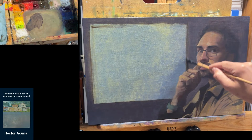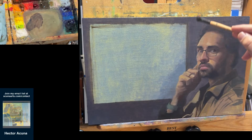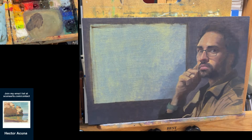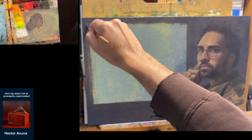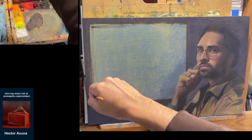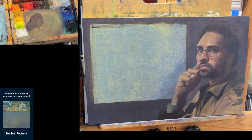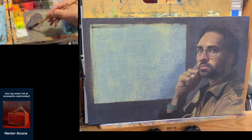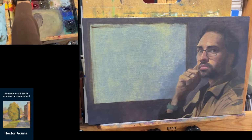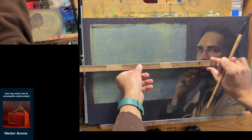Let's see. If I look back at my sketch, this feels pretty close. I think the window in my sketch went a little bit more towards the right, but in terms of the proportions, this feels a little bit more comfortable. I also didn't use a viewfinder to trace my thumbnail, so I was just guessing what the proportions were of the panel, which might have been a lot more narrow than the actual panel is. So I don't even really probably need to look at the sketch that much anymore, except for maybe where I'd place some of the ideas of the things that were inside of the window. One thing though that I kind of liked about the sketch is that, let's see here,